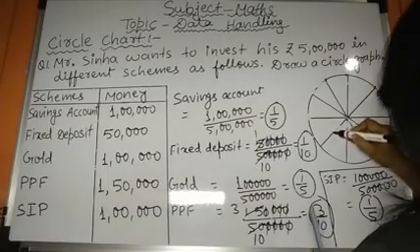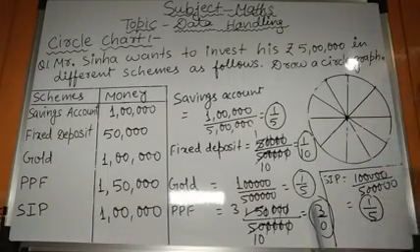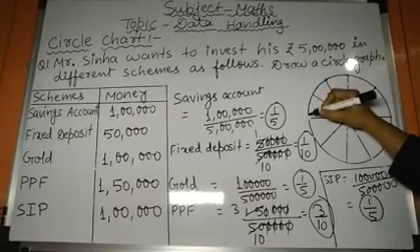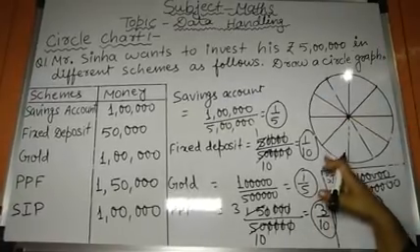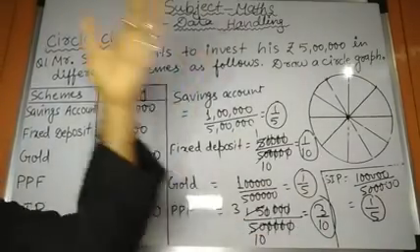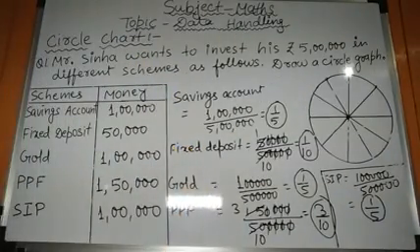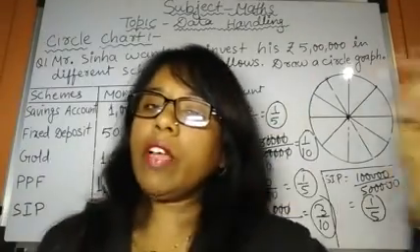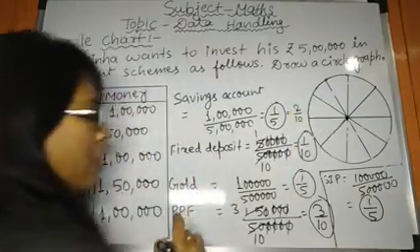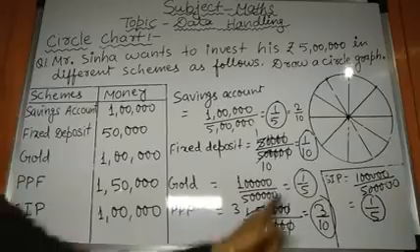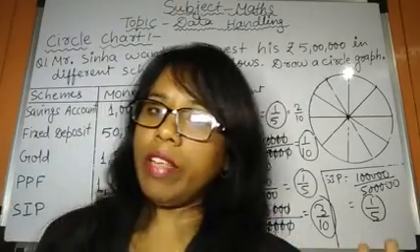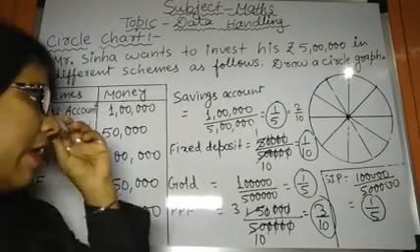Fine. So now we have 10 equal parts. Why have I taken 10 parts? Because the bigger denominator is 10. So first of all we divide into 10 equal parts. Now 1 upon 5 is there. The equivalent fraction of 1 upon 5 will be 2 upon 10. So 1 upon 5 is equal to 2 upon 10. Here 1 upon 5 is equal to 2 upon 10, and here also. We have already done this in equivalent fractions.